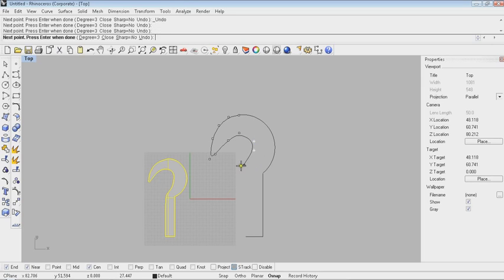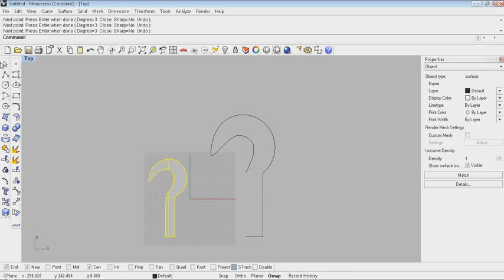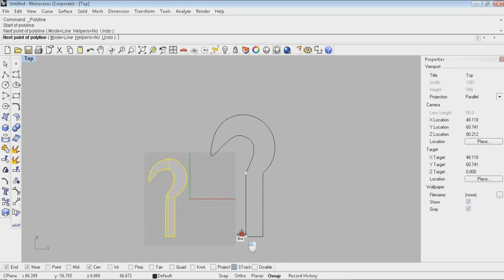Yeah. Something like that. Press enter, then I go down,